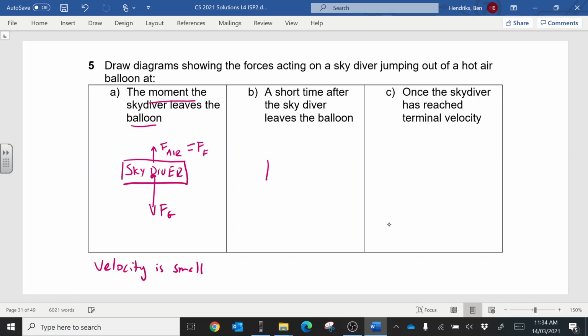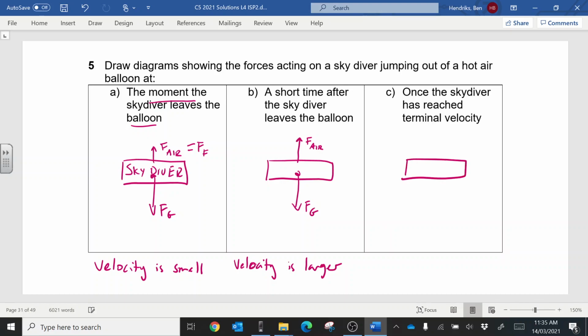As the skydiver increases, the force of gravity remains the same, but then the air resistances are slightly bigger. Okay, so a short time after, that's because velocity is larger, or the speed is larger. Okay, and as the speed gets larger, the air resistance gets larger as well, until it reaches terminal velocity,